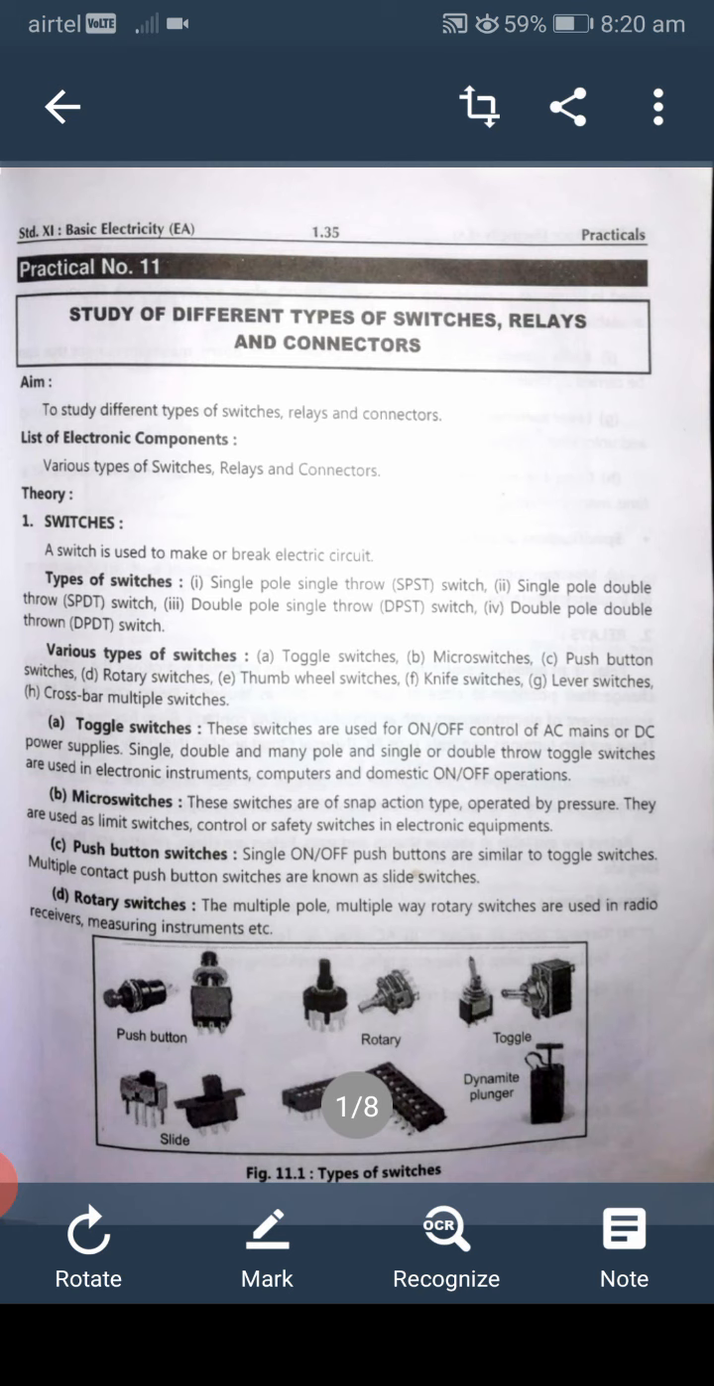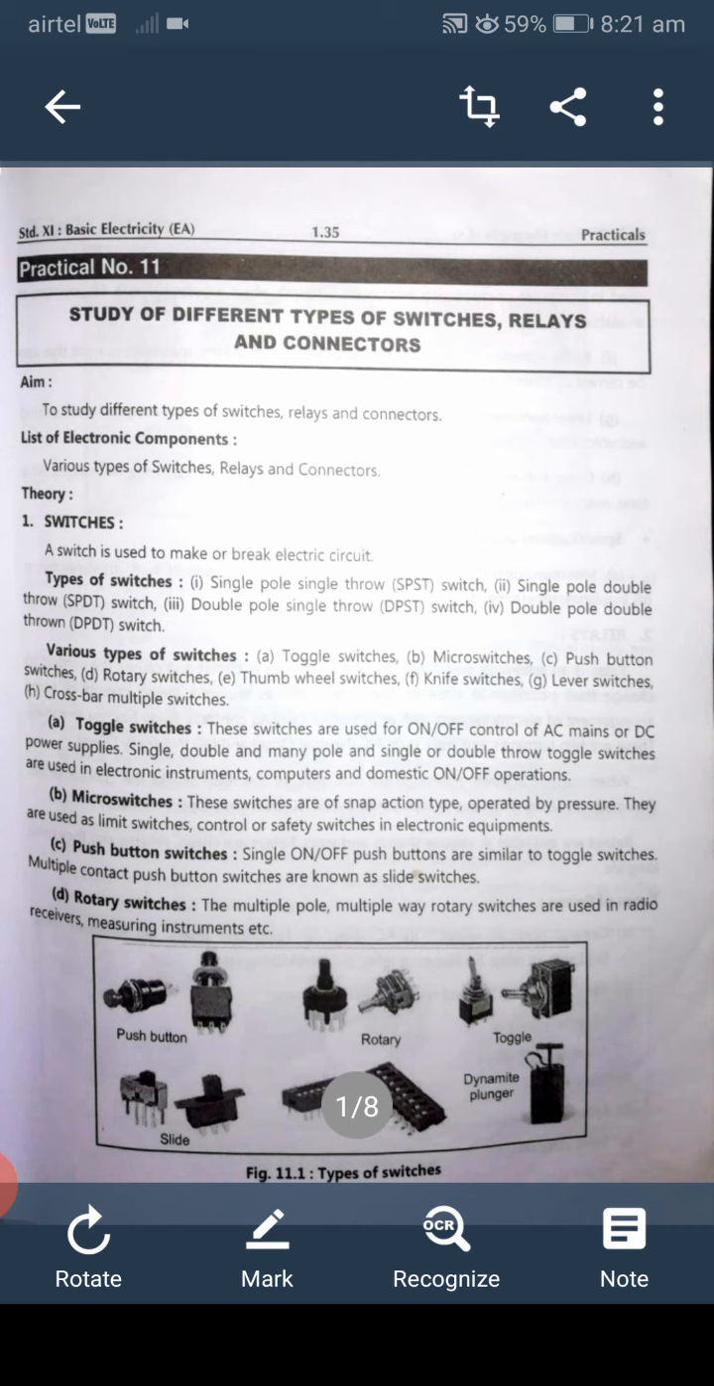Switches. A switch is used to make or break an electric circuit. Types of switches: single pole, single throw (SPST) switch; single pole, double throw (SPDT) switch; double pole, single throw (DPST) switch; double pole, double throw (DPDT) switch. Various types of switches: